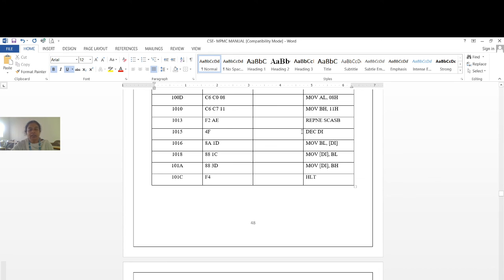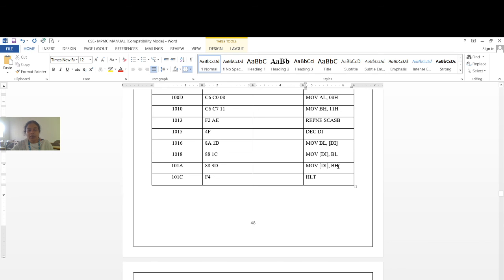Once again, as in the previous program, we do decrement DI. Then the content at DI, that is 08, is moved to BL. Then the content of BH, which is 11, is moved to the location pointed by DI.